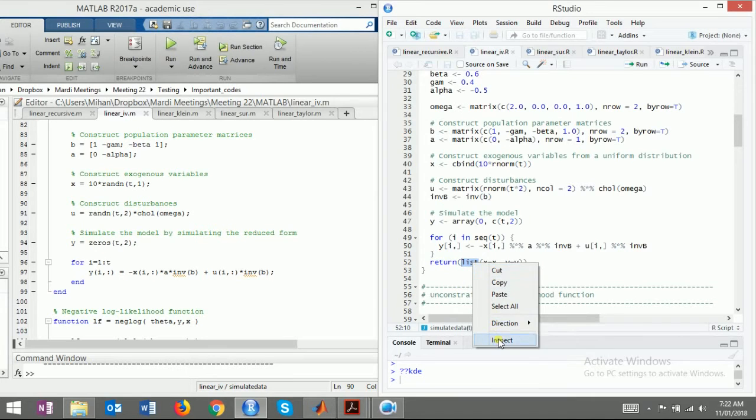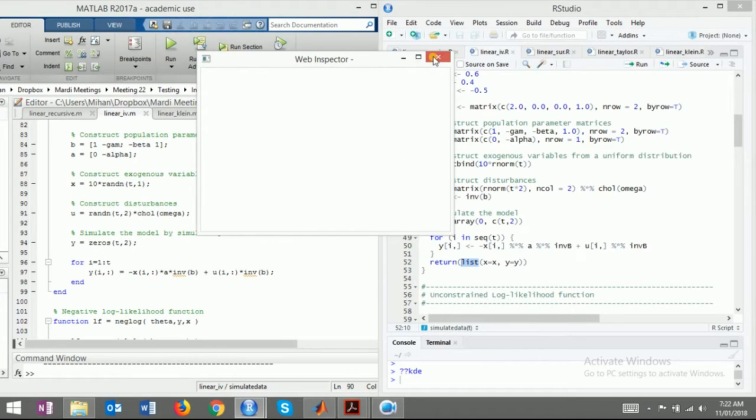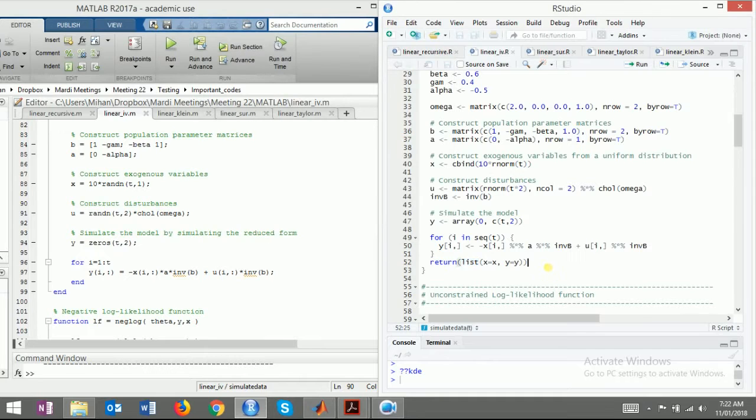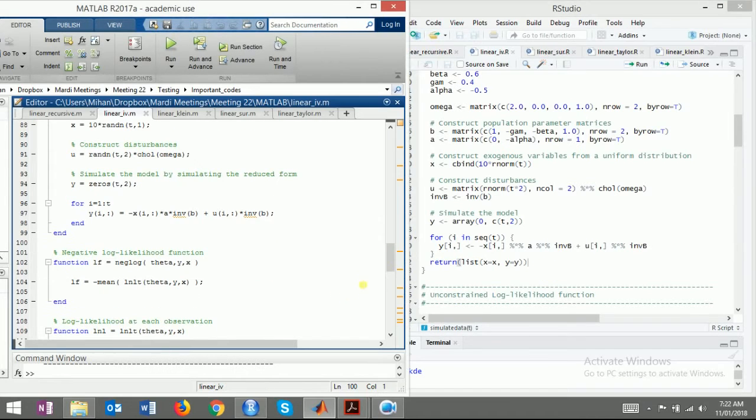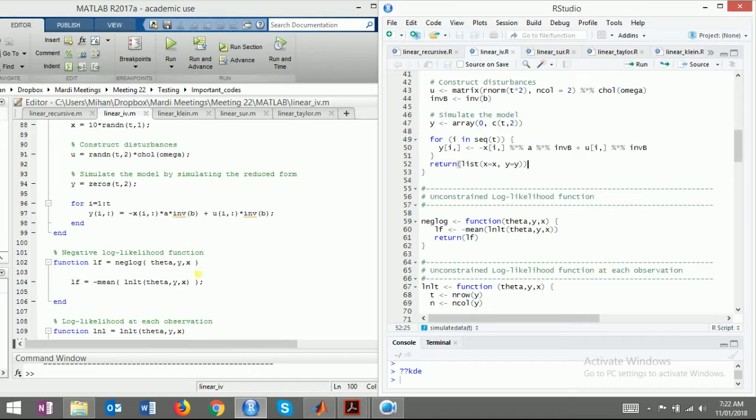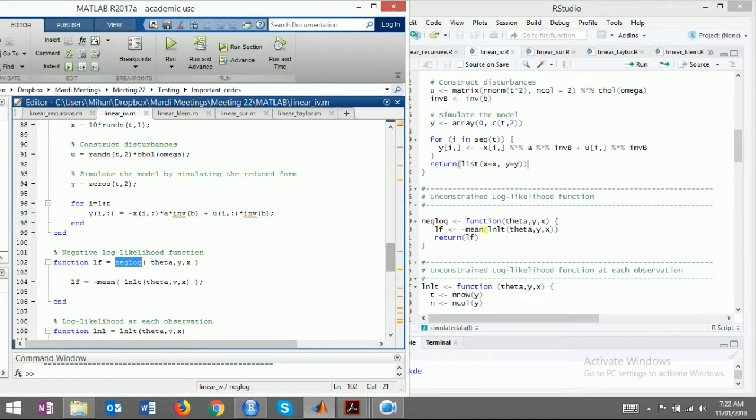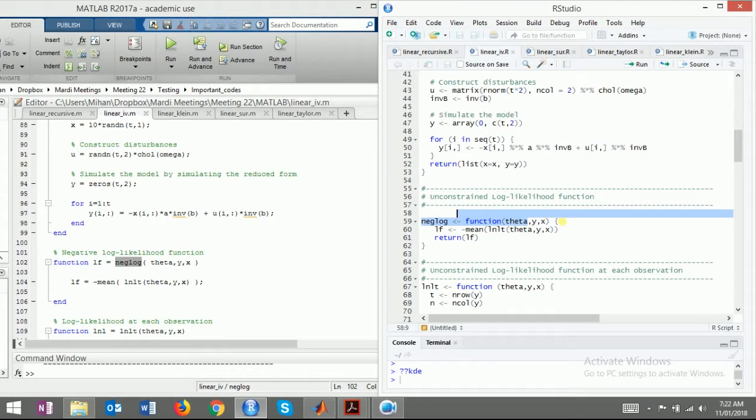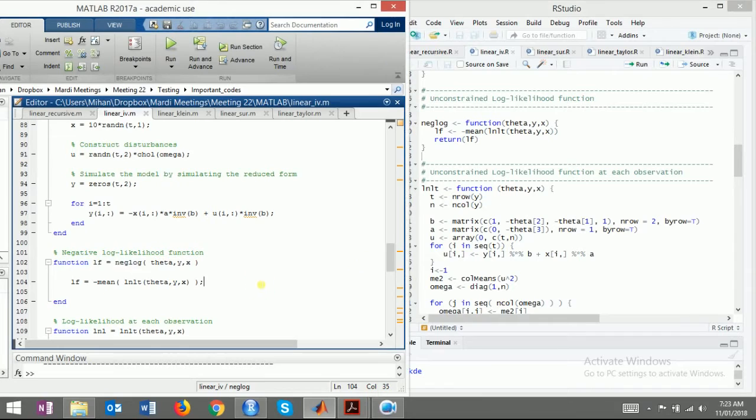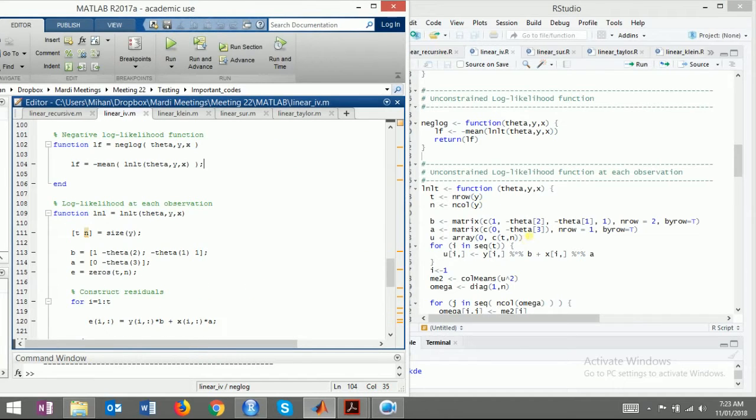Then preparing for the next one, negative log likelihood function with theta, y, x, mean. So return lf. This function returns a negative log likelihood. The outputs, then the equation lf equals minus mean log lt theta y x. Return lf. Log likelihood at each observation. The function is log lt with theta, y, x as the input, t is n row,